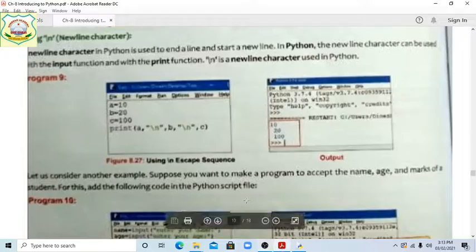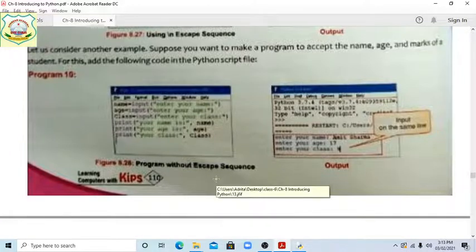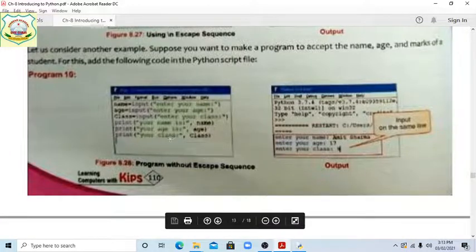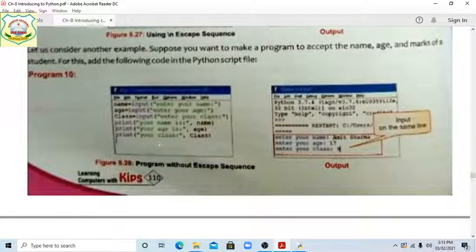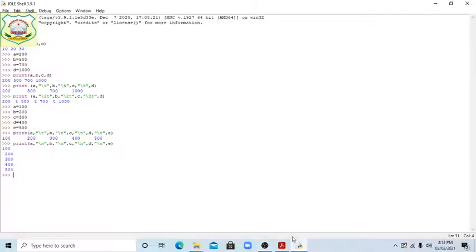There is also given how to use it. Now there is program 10, in which the name, age and class are entered: how to enter the name, how to enter the class, and how to enter the age, using this command. So everyone see this program, students. First of all, writing the name equal, this should be in script mode, students. So I am taking a new file.